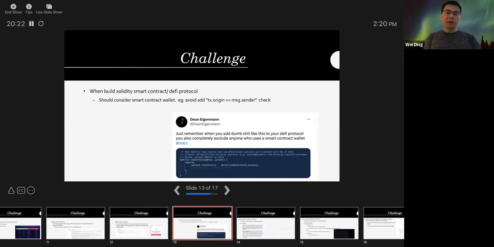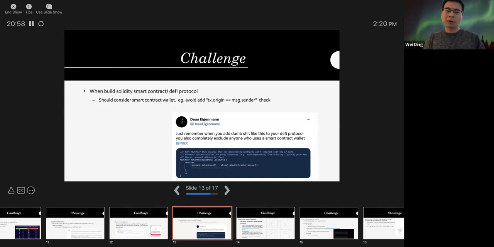And also, besides the front end, there can be challenges at the protocol level on different DeFi protocols. For example, some DeFi projects, when they write their smart contract code, add a check that tx.origin equals msg.sender, which will block smart contract users. I think this is especially common in NFT projects when they write their minting contract.